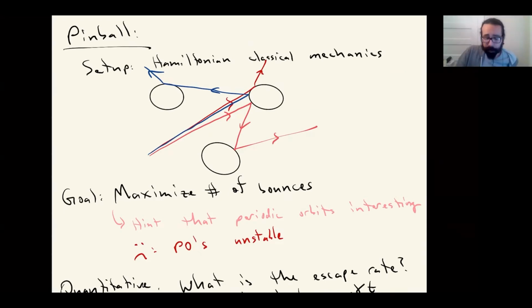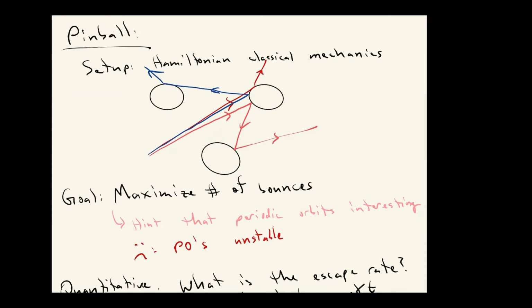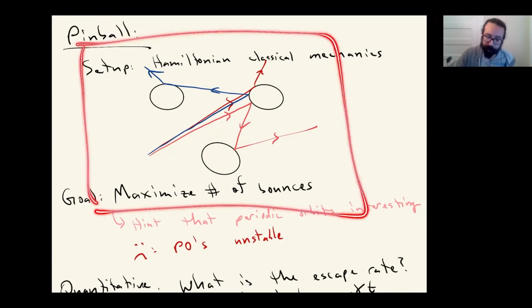So I think there's a lot of freedom for exactly what kind of setup you could consider. The simplest thing I'm going to focus on is we're going to have 3 disks. They should be of equal size, though that's not really that important. They should be separated by some amount, and we'll just put them on the plane, say. We could imagine putting a big box around the pinballs or the bumpers.